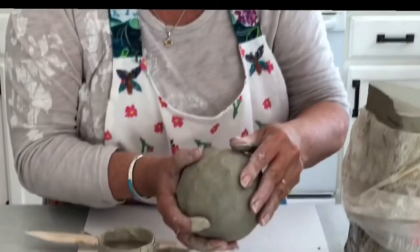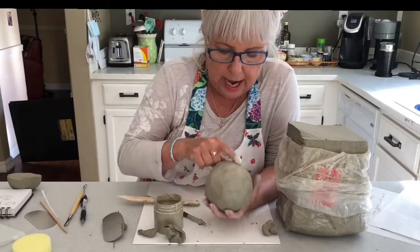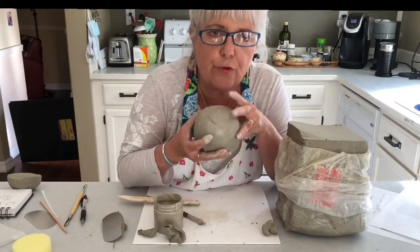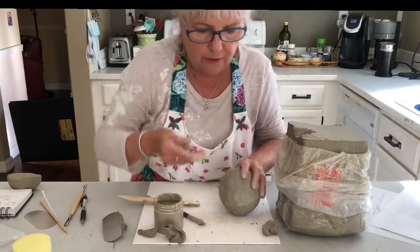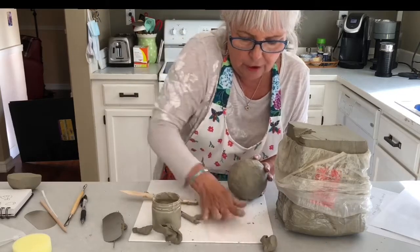Okay, now, this is the next thing that's super, super important. I have this little seam right here. You don't want this to fall apart or break apart if there's any weakness in there. So, super important. This is where you take a little piece of clay, and I say you make a little,